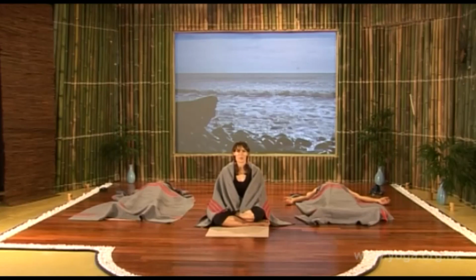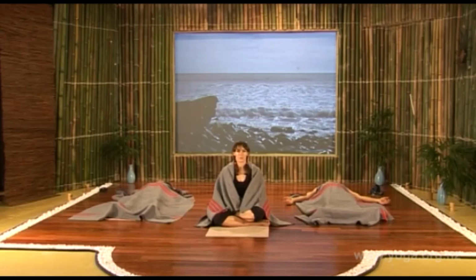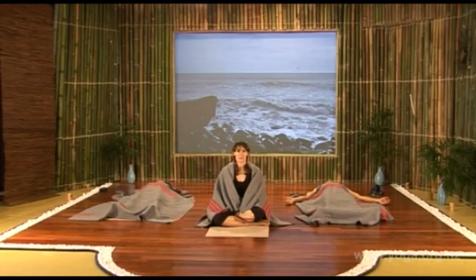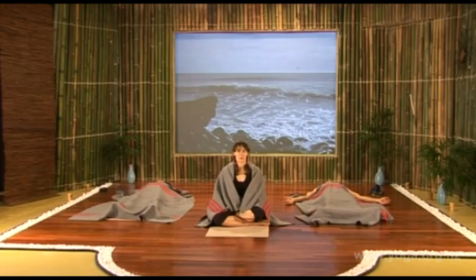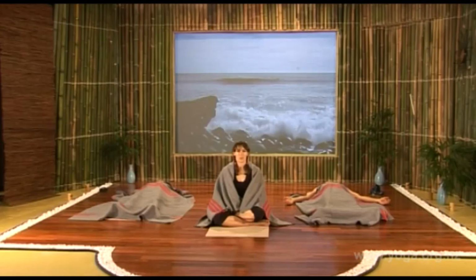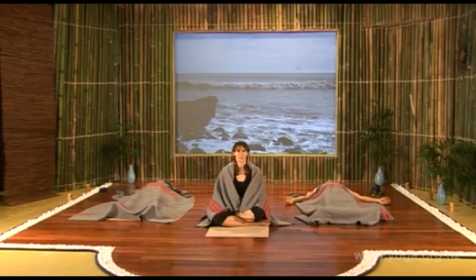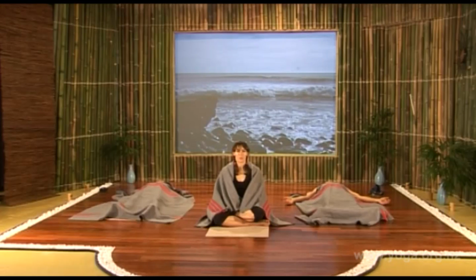Relaxing the pelvis area, the buttocks, the pelvic floor. Completely softening and letting go all the organs in that area, excretory organs, the reproductive organs, softening and letting go. Relaxing our lower back, relaxing our abdominal area,